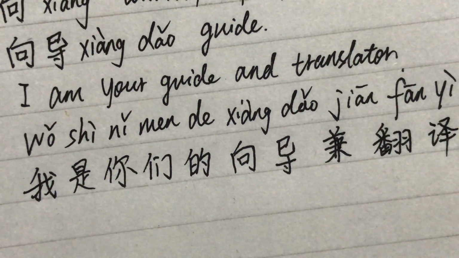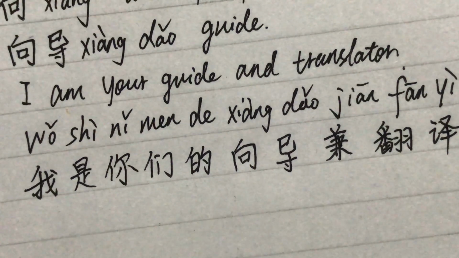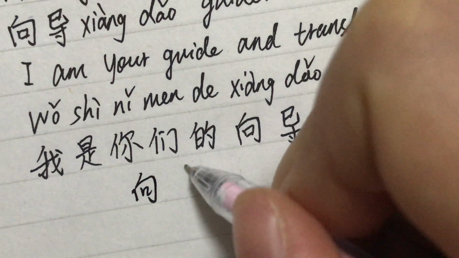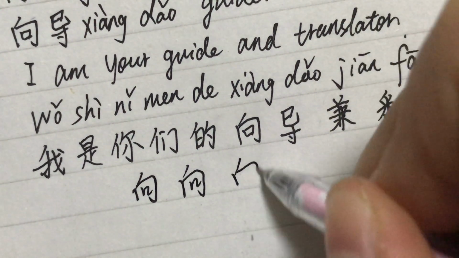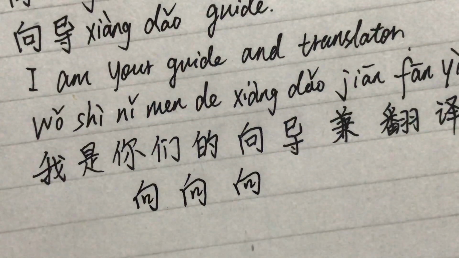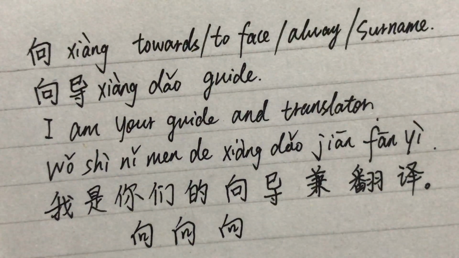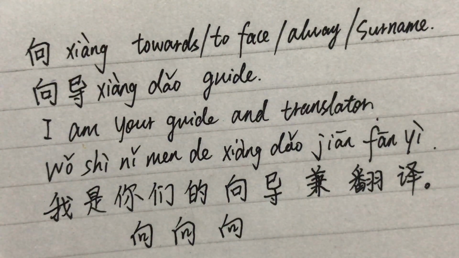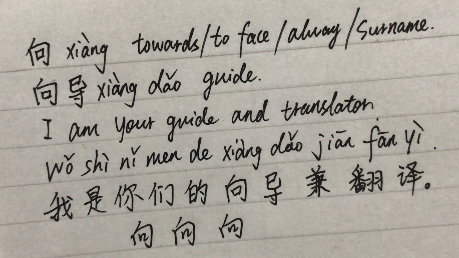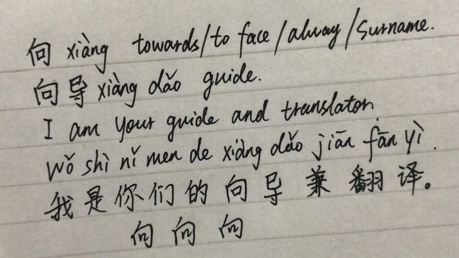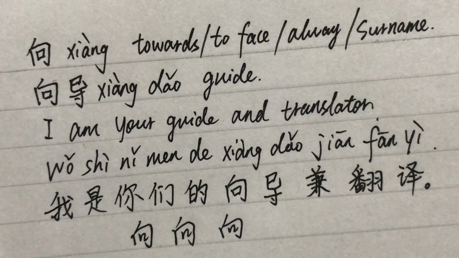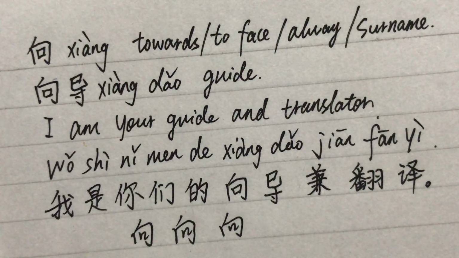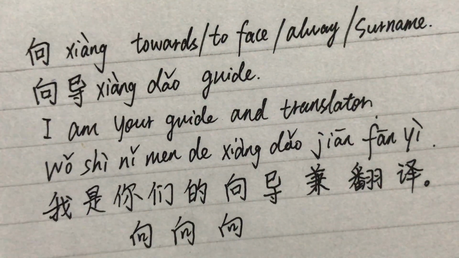我是你们的向导兼翻译。Xiang in cursive. Xiang, towards, to face, always, or surname. 向导, guide. I'm your guide and translator. 我是你们的向导兼翻译。向。